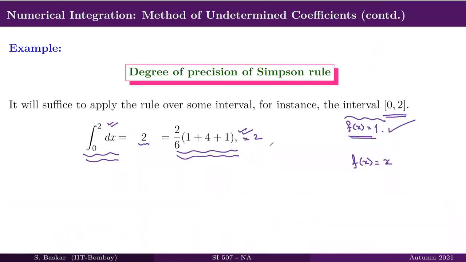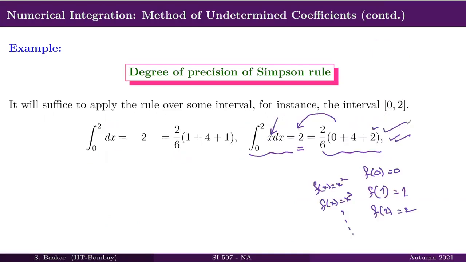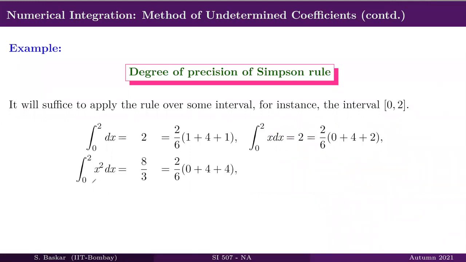So therefore, we have checked that condition for n equal to 0, that was fine. We have checked the condition for n equal to 1, that was fine. Let us now check this condition for n equal to 2. That means you have to take f of x equal to x square. In that case, if you evaluate the integral, you will get 8 by 3. On the other hand, if you take f of x equal to x square, a equal to 0 and b equal to 2, your Simpson's method also gives you the same value. Therefore, n equal to 2 is also okay.